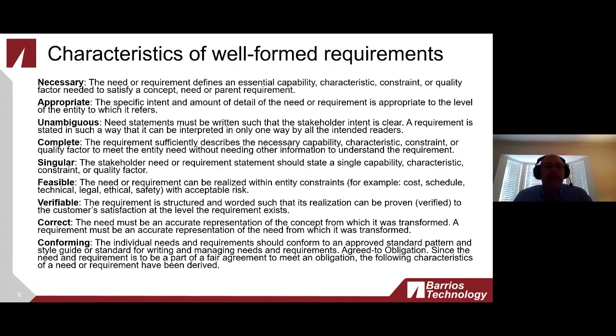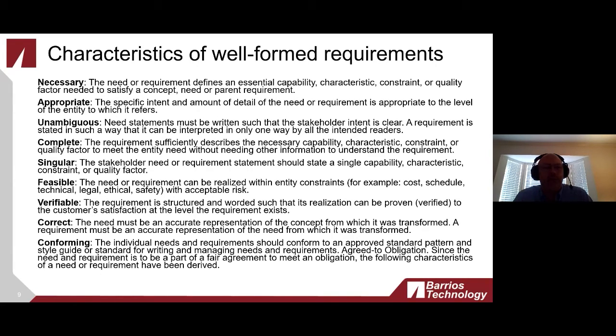In many cases, the requirements I've encountered are largely compliant with these characteristics. The only problem would be that they're not singular, and so it's the singularity factor that I would like to address as probably the biggest improvement that standards